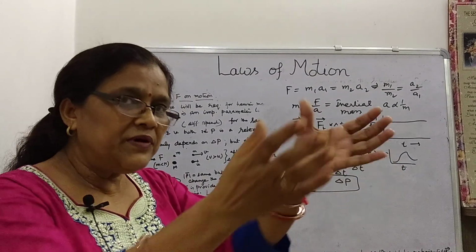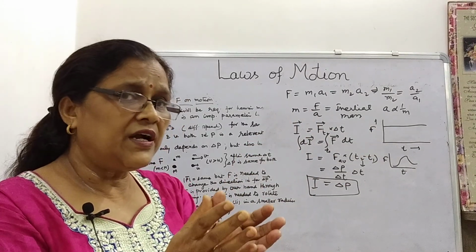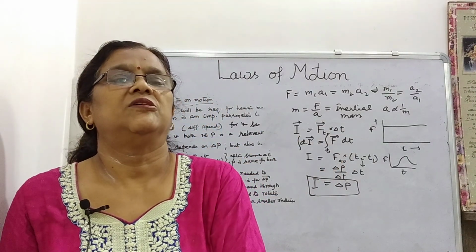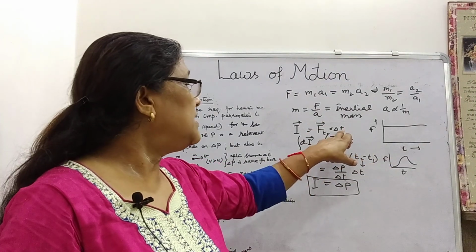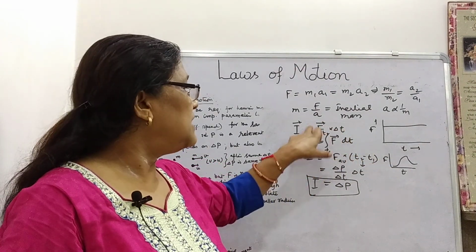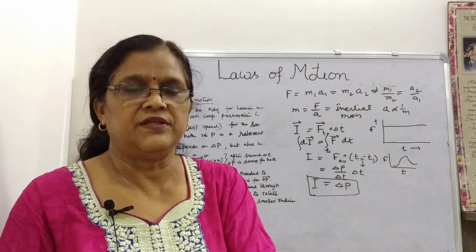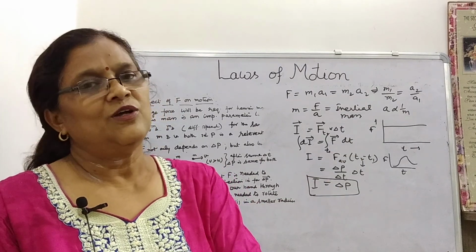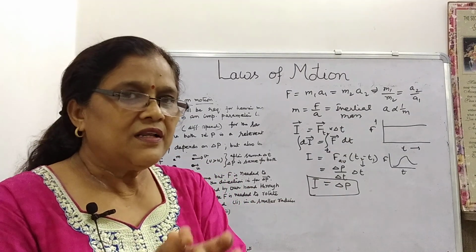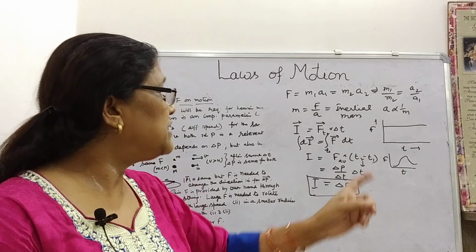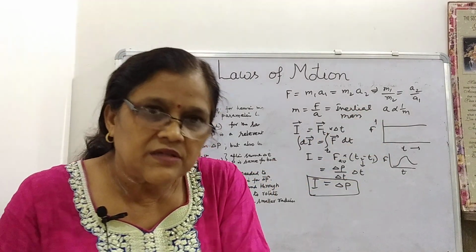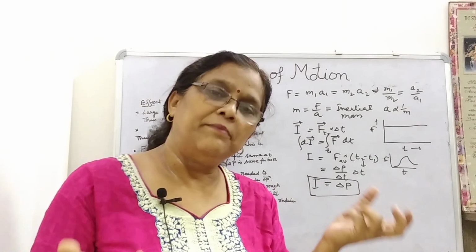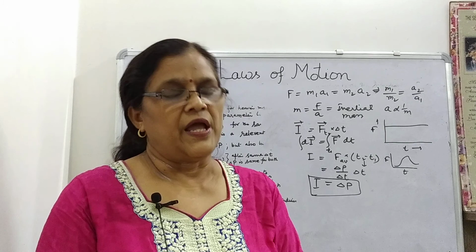In cricket, when you take a catch, the cricketers pull their hands backwards and increase delta t. If delta t is increased, then the force with which the ball hits the hands is lesser, and the force of reaction is lesser. So the cricketers increase the duration of the catch by pulling their hands backwards. In this way, there are so many examples based on impulse and the second law of motion, and numericals also.